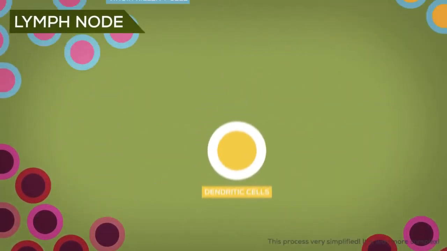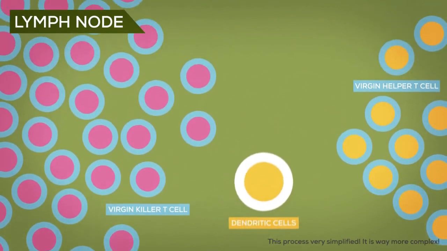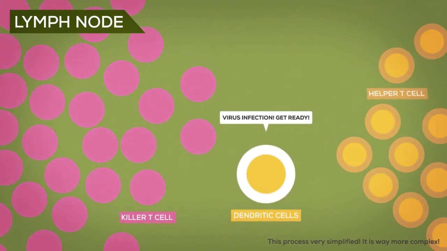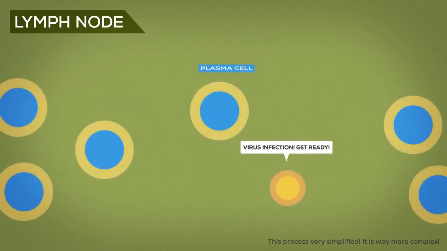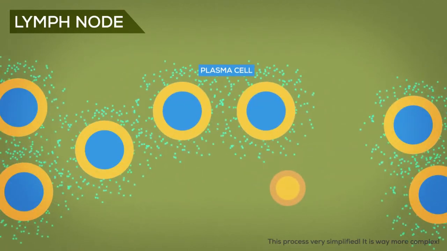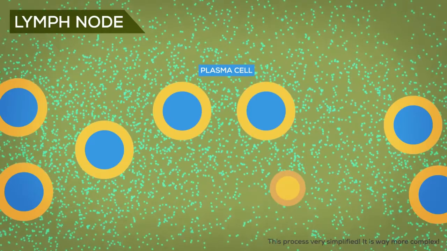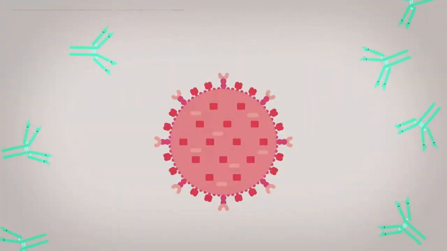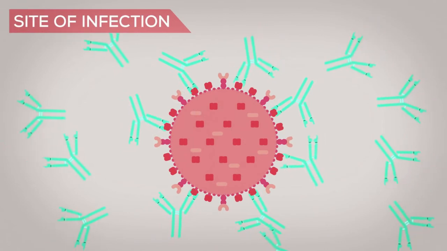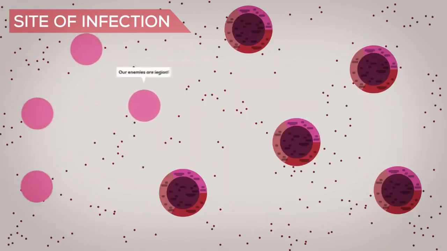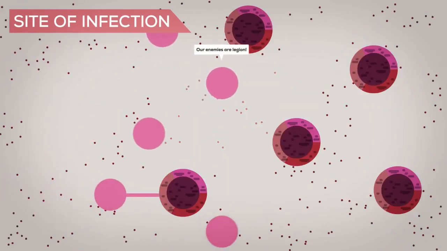But your body is far from giving up at this stage, and it fights back aggressively. Some dendritic cells survive long enough to activate the antivirus forces of the body. Plasma cells in the lymph nodes start producing billions of antibodies, tiny proteins that mark infected cells for destruction or clump the virus together. Killer T cells flood the body and kill infected cells left and right.